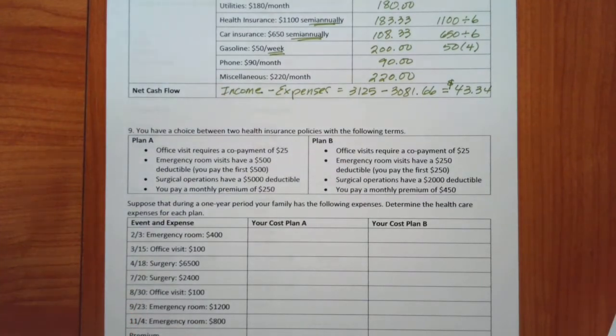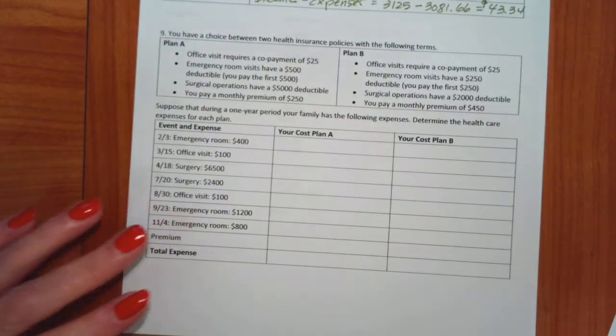Okay, now in your homework, we all have some trouble with insurance, which, don't feel bad, because nobody understands insurance. And I don't even think the people who do insurance understand insurance. But anyway, here's what we're going to do. You have a choice between 2 health plans. One of the things that you need to remember is, and I'll just put this down at the bottom here,